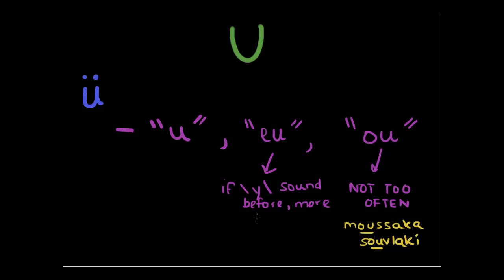So if it's the Y-U sound, EU is more likely as a spelling. Or another way to figure it out: after the S sound. If you have the S sound before, EU is somewhat more likely. Examples of that are prosuki,